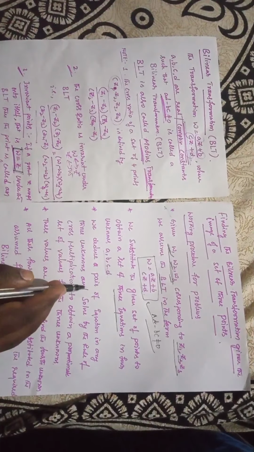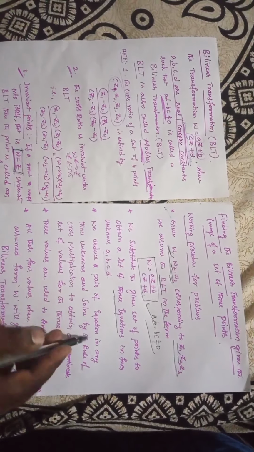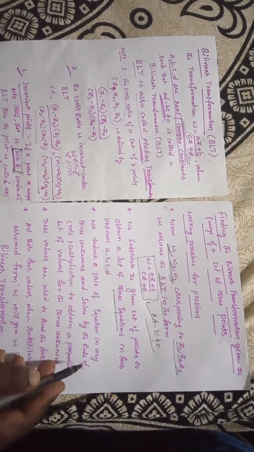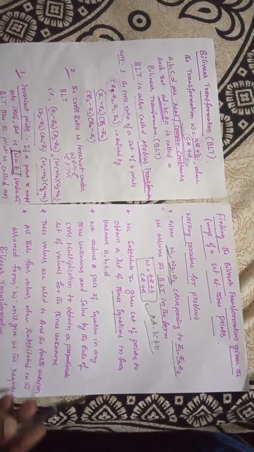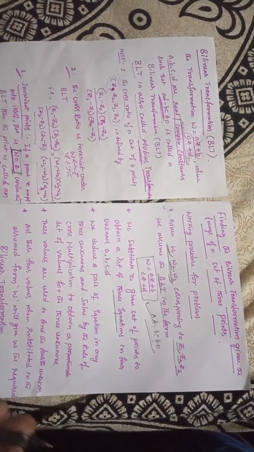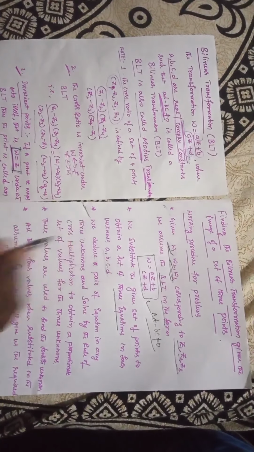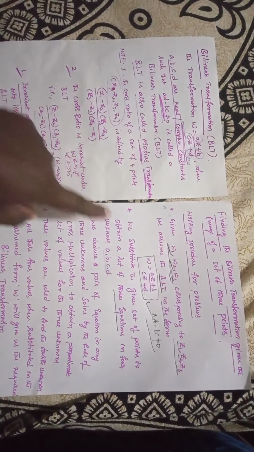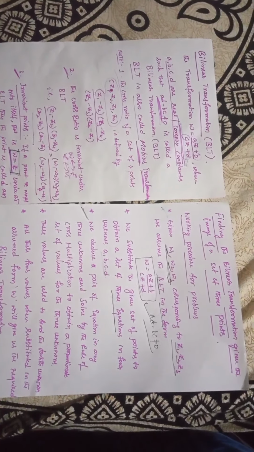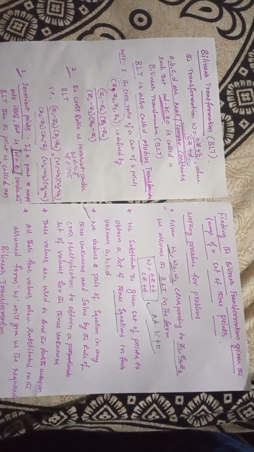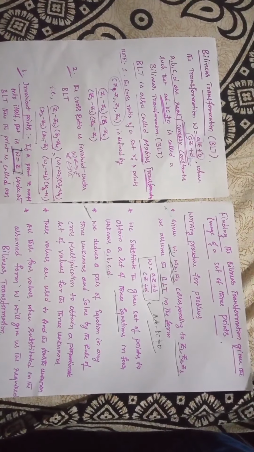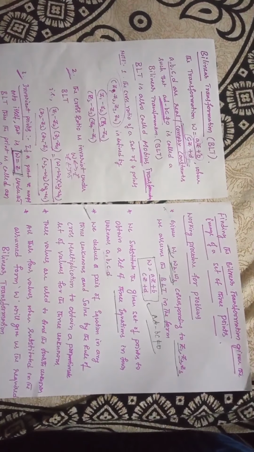So we have to deduce the pair of equations in three unknowns and solve by using the rule of cross multiplication to obtain a proportionate set of values for the three unknowns. First we write the given points and the standard bilinear transformation, w equal to az plus b by cz plus d. Substituting the points will give three equations in four unknowns a b c d.